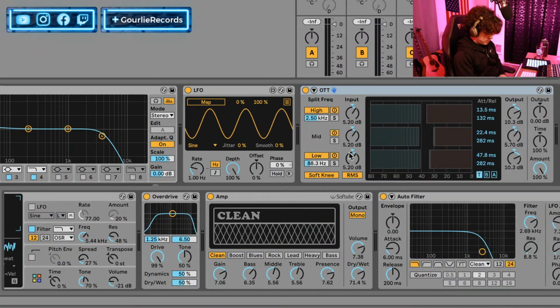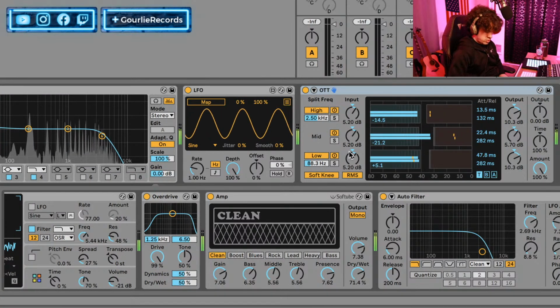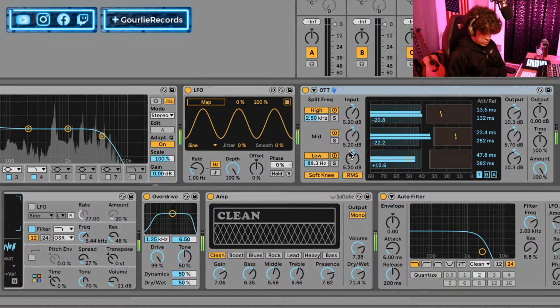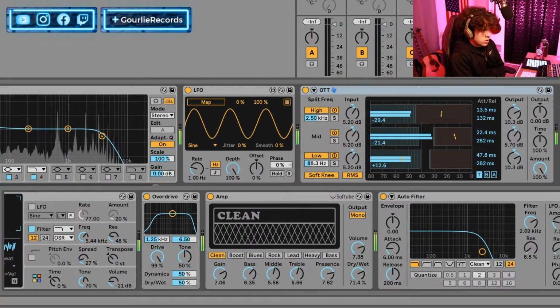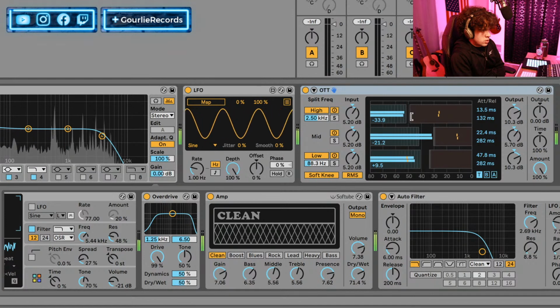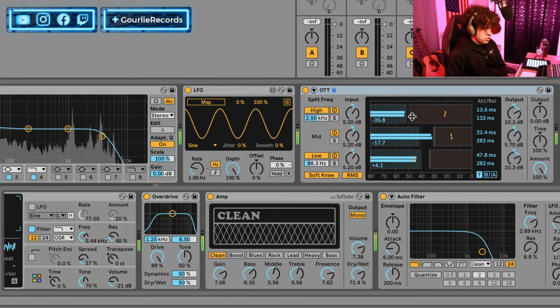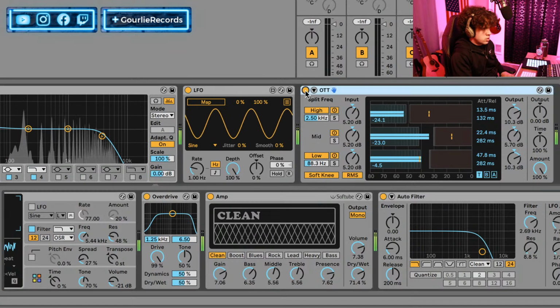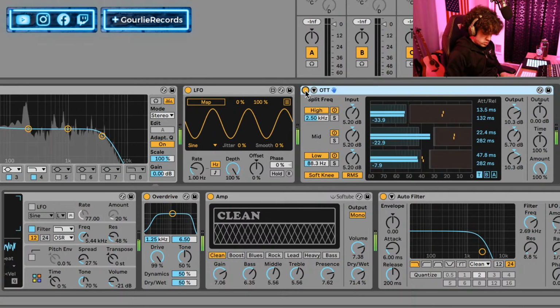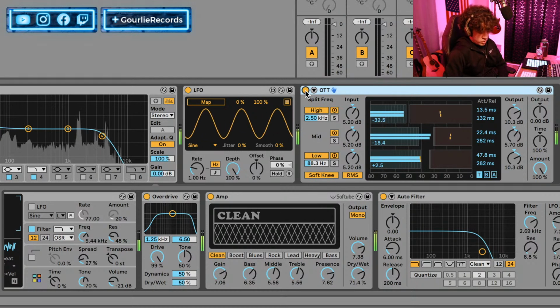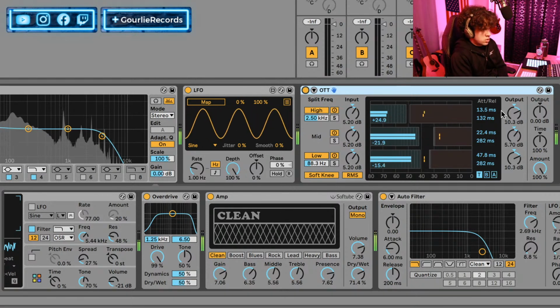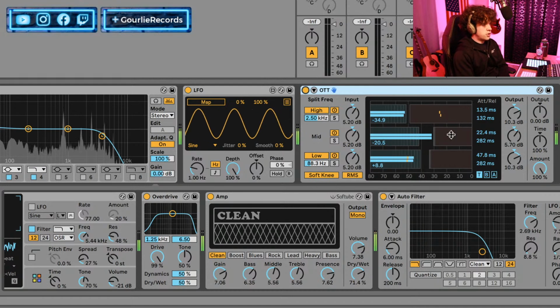Multiband dynamics. And then let's turn our